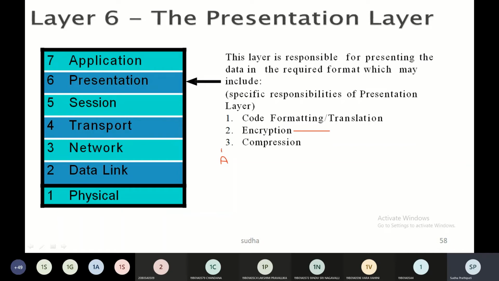I'm giving a coding for the letters. B is 2, C is 3, D is 4, E is 5, and so on. So I'm giving some coding over here.